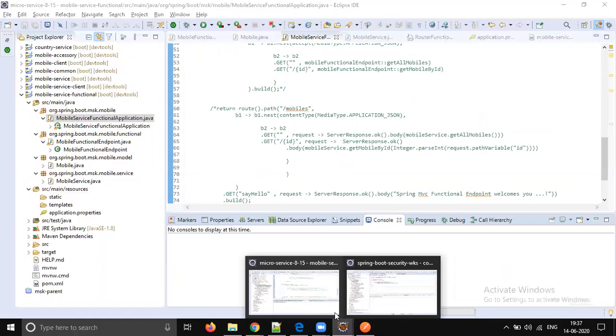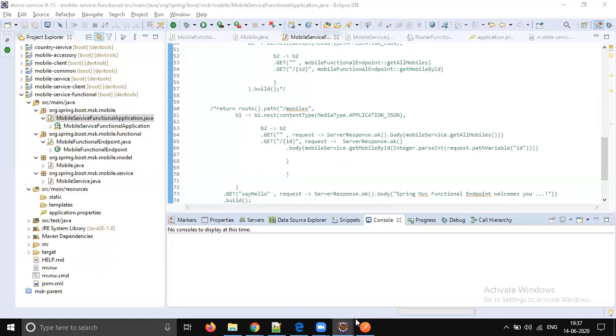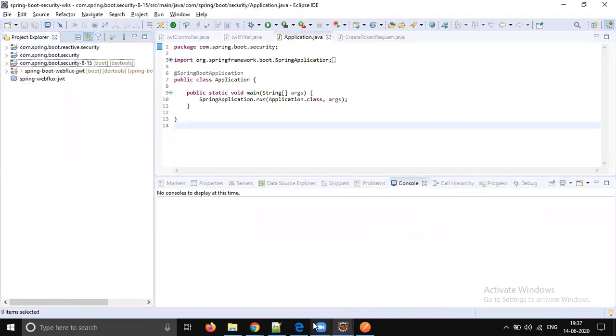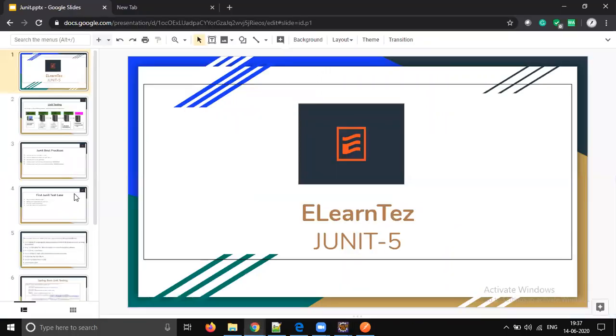One is the issue we faced in the last session. It was a URL problem. If you are passing the URL, then there is no issue. It is working fine as expected. Okay. But anyway, today's session is about unit testing and integration testing. It is very important. Every Java developer must unit test their code.